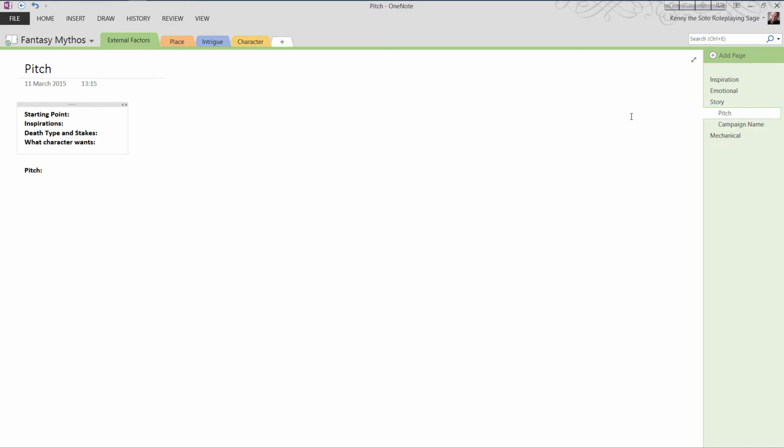Now, next thing to look at is the pitch here. Still part of the story phase, which is why it's offset underneath story there. It's slightly different than what I've put into the starting a Epic campaign. The starting point I've picked for this campaign is a choice between place and treasure.